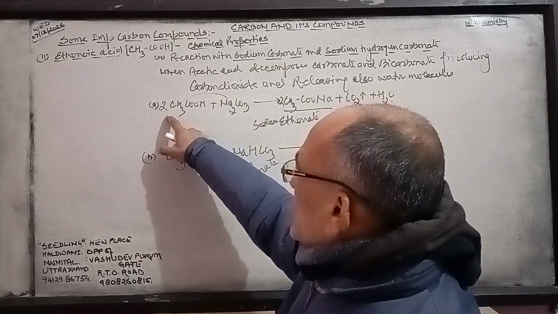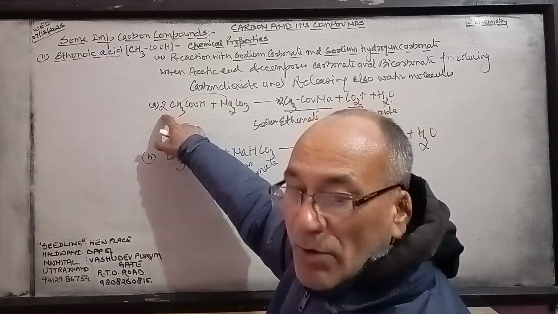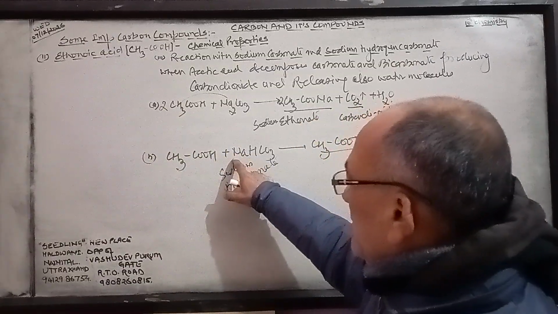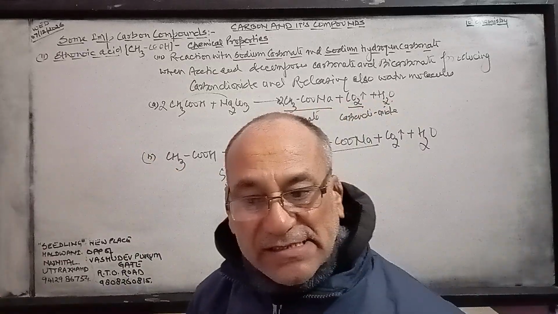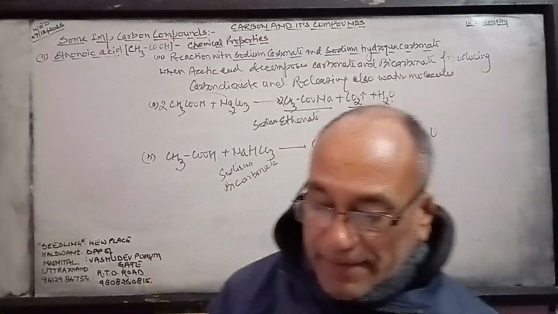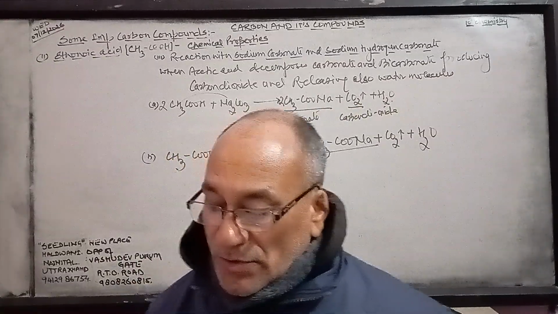So in the first equation, when it reacts with sodium carbonate, it has two molecules of acetic acid. And in the next one, you are looking, this is sodium bicarbonate, it has only one molecule of acetic acid, but the formation on the right hand side is quite the same. So this is the difference. So please do it.